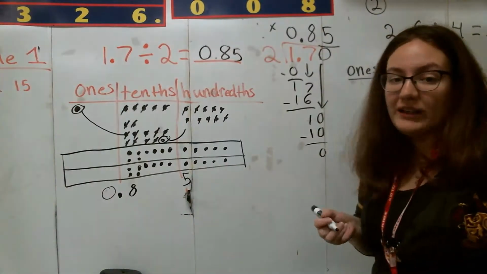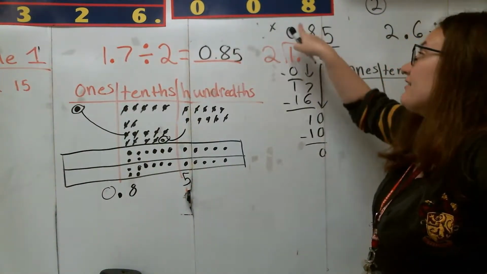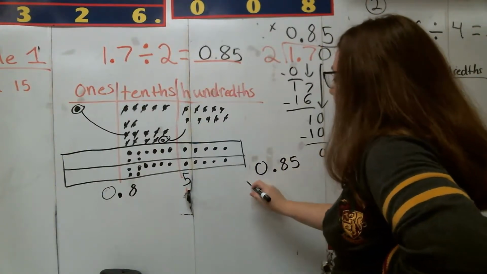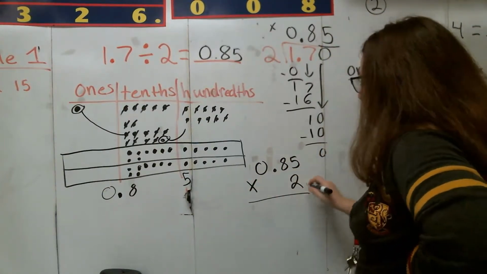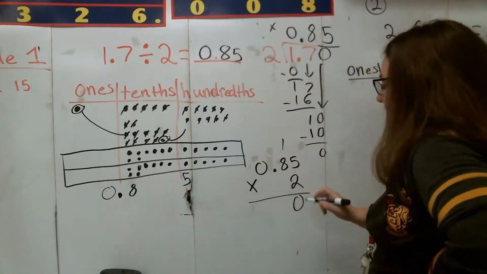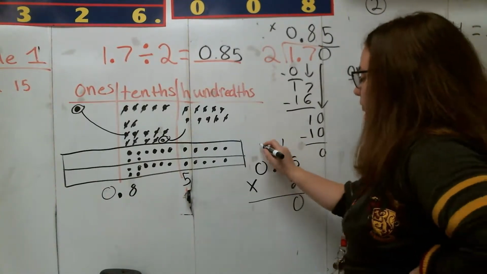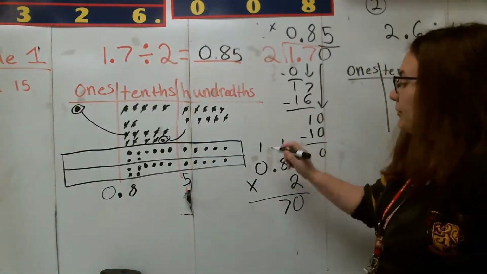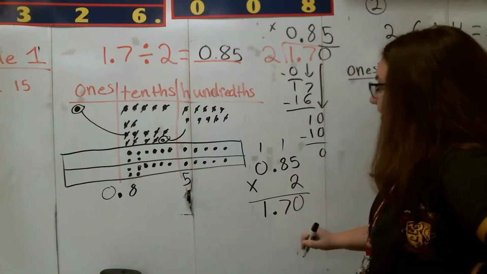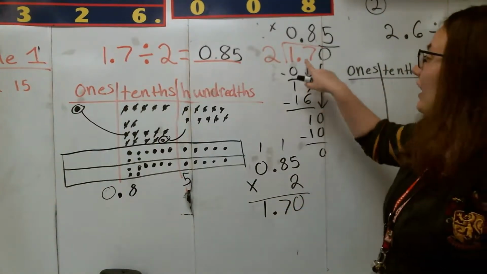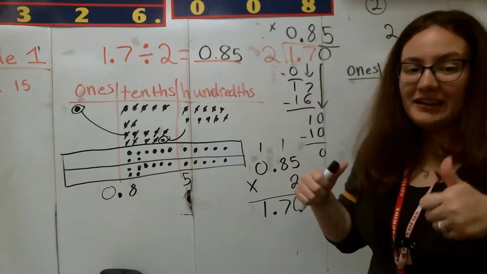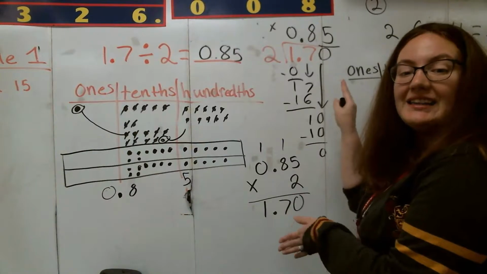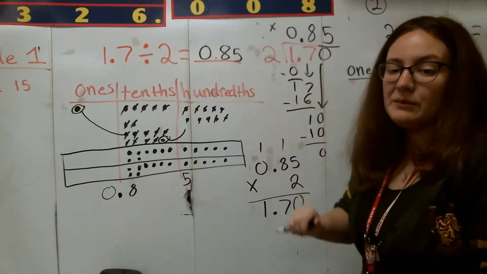Remember, we can always check our answer. I just take everything that's on the outside and see if it matches the inside. So I have 85 hundredths times 2. 2 times 5 is 10. 8 times 2 is 16 plus 1, which is 17. 0 times 2 is 0. Plus 1 is 1. Bring down that decimal. And again, I am left with 1 7/10. So this all works out. Take a second to make sure all of this is in your notes, and let's move on to the next